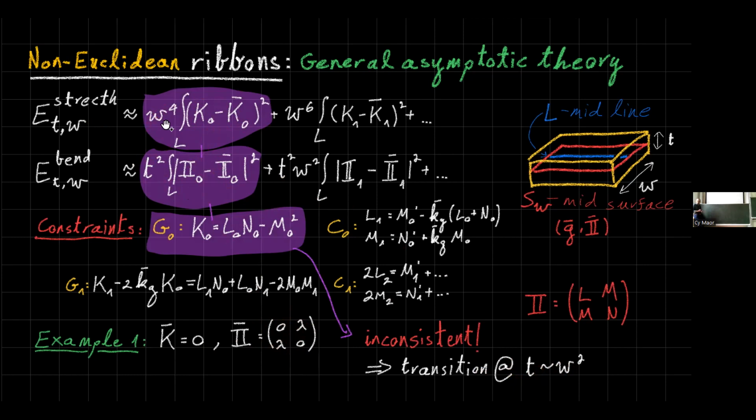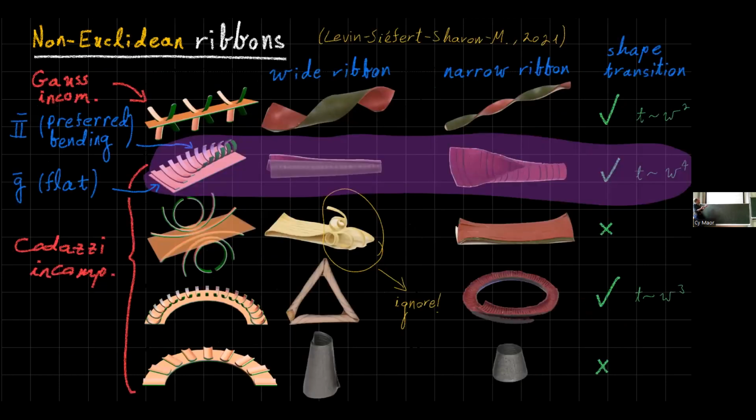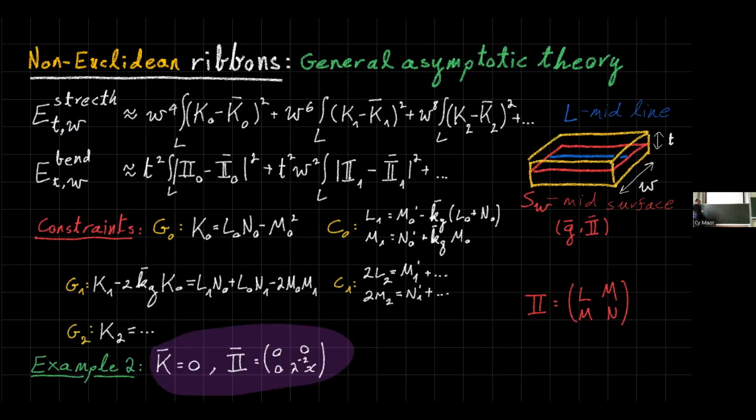Okay, but now we can do this also for the Kodazzi case. So let's take, for example, this one. This is the last example that I'll go through. In this case, this is the same slide as before, just with a different example. Again, it's the example that the ribbon wants to be flat on one hand, but it wants to bend like this, but in a different radius, changing linearly along the midline. Okay, so this is this term here.